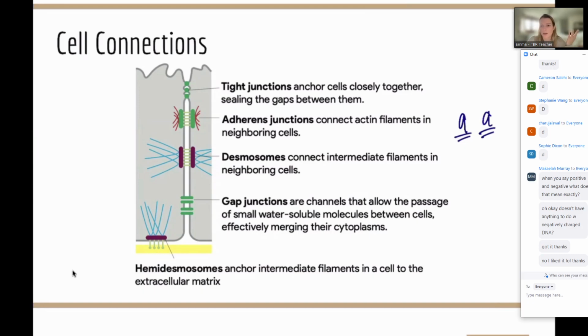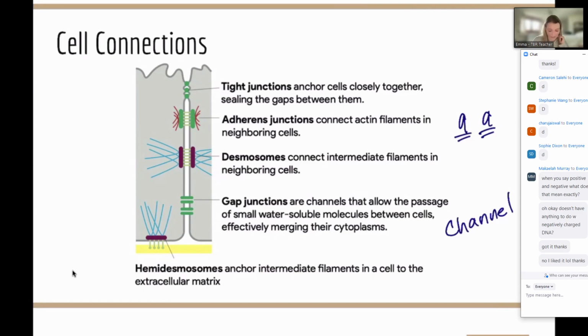Gap junctions sound exactly like they are. They're a gap between the two cells. Think of this like a channel. And this is really important because if there's a channel, then the cytoplasm of those two cells is connected. They can send things to the other cell. Sometimes we see this, particularly I think in plant cells, where they can share their fluid. They can share anything that can freely pass through there, typically small, seeing as no one really wants a huge channel in between. They'd probably just merge and become one big cell then.